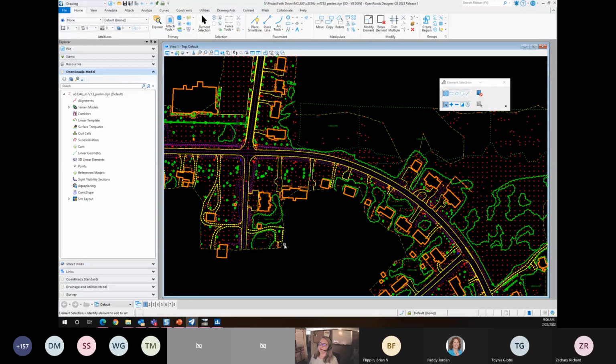I will not guarantee that this will stay this way. I think this is like anything, as we start working in this, we may end up changing it. We did deliver an ORD file that has everything inside of it. So everything is now a 3D file and everything is delivered inside of one file. So now you have your plan, you have all your DTM features, and you have a surface that has been